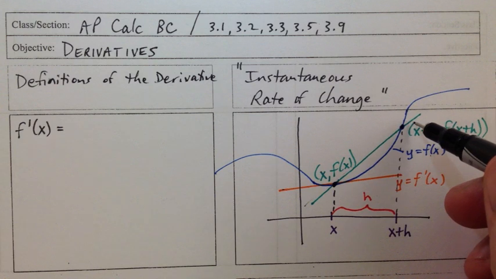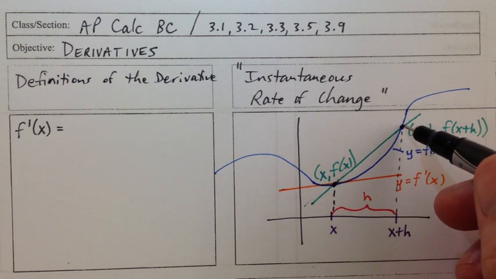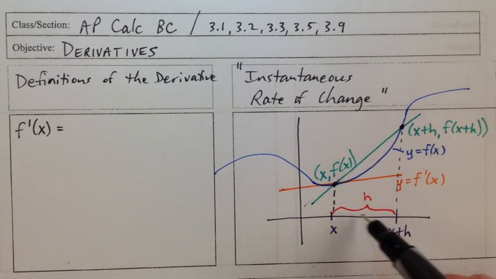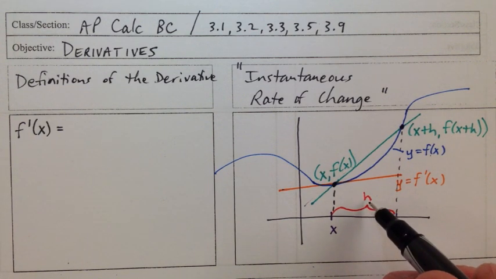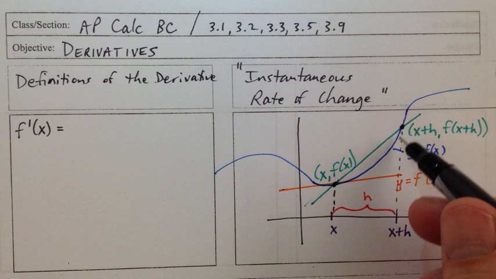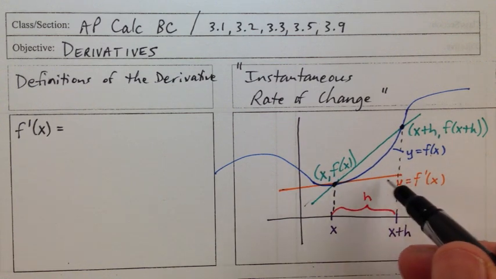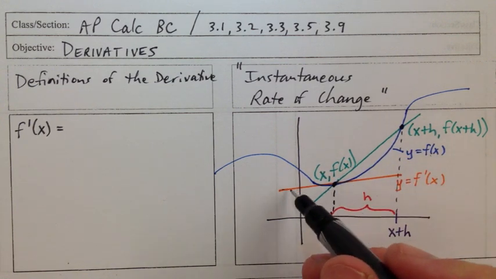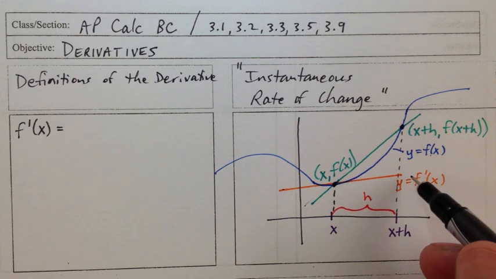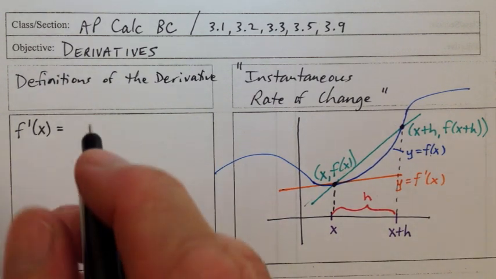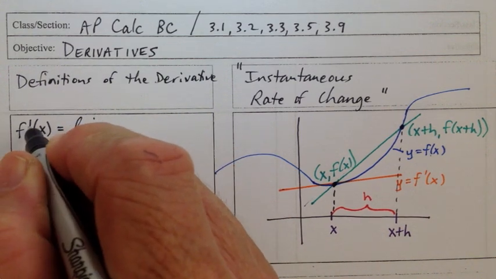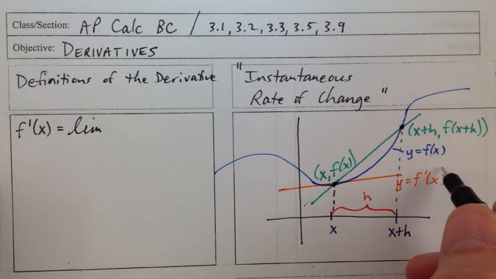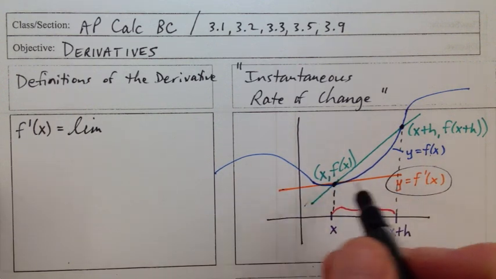Okay, so we can easily find the slope of the secant line, and as we let h, the distance between these 2 points along the x-axis, as we let h go to 0, the slope of the secant line approaches the slope of the tangent line. And that's where we involve the limit and the definition of the derivative. And so we have the limit, f prime of x, which is what this is. Okay, so we have y equals f prime of x,